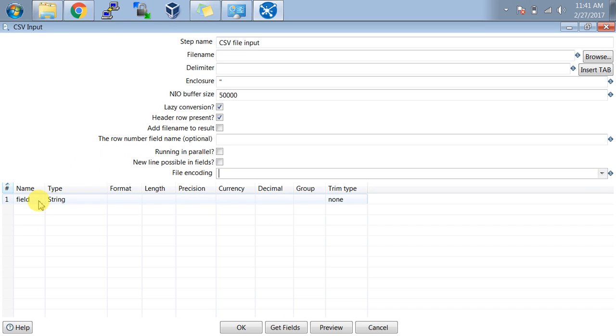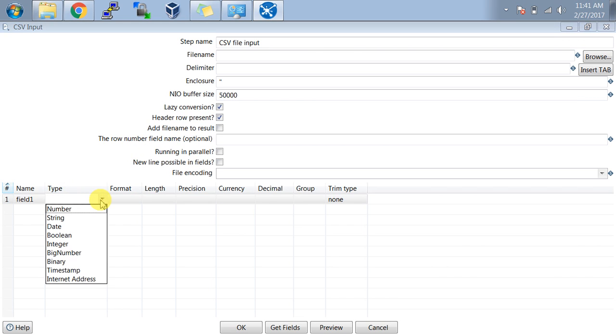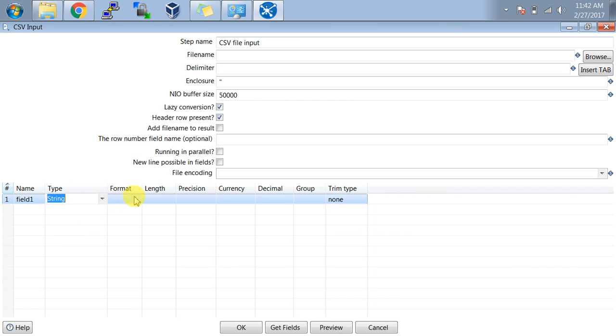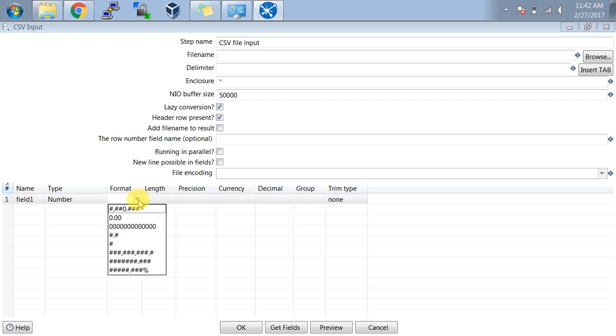Here you need to manually define the field names, field 1, field 2, like this. And this is the type, in which you specify which type of data is in that particular field. Like in the first field we have string data, so we can put string. And the format: there are many inbuilt formats. If you put number, then you will have different number formats, like 0.0.